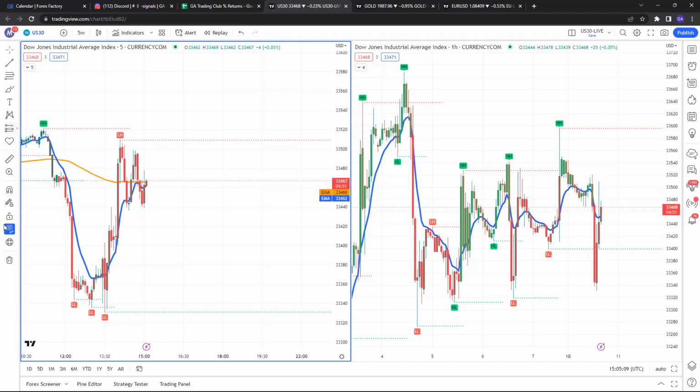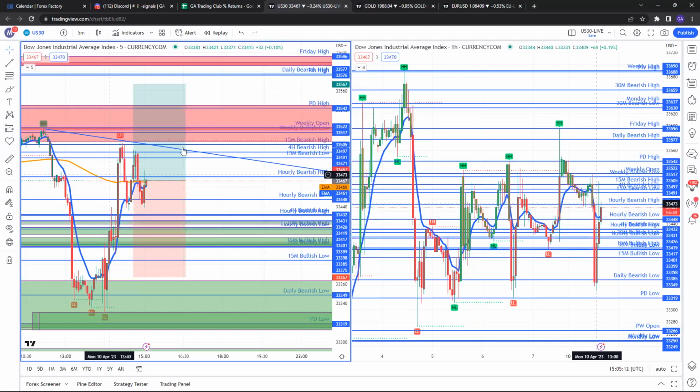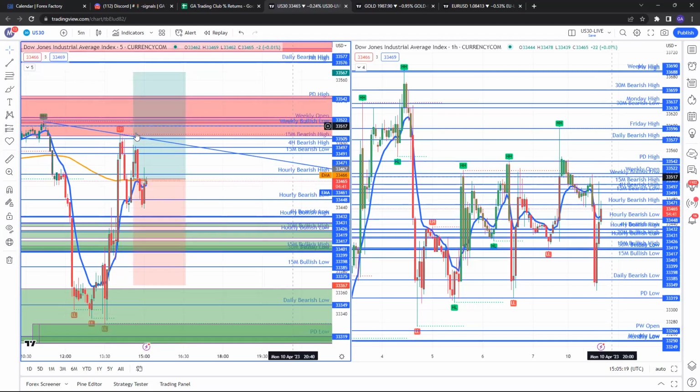The reason for that is this is an established trend line on the 5-minute because we have a higher high and a lower high. Also, we do have this weekly bullish low here, and I do anticipate a surge in liquidity when price gets to the weekly bullish low. So keep in mind weekly,